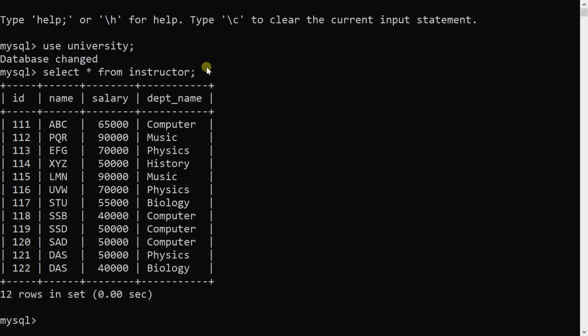Here you can see in the instructor table 4 attributes are there: ID, name, salary and department name. In my last video, I have executed all aggregate functions on the same instructor table. For better understanding, you can refer to that video also, where I have executed all aggregate functions.